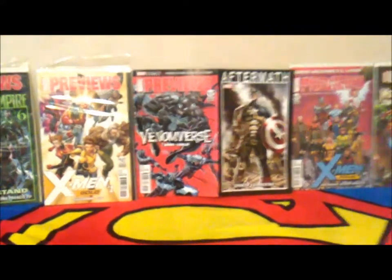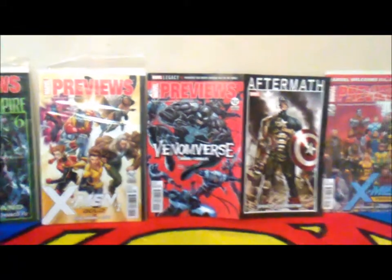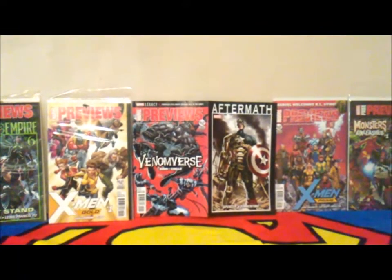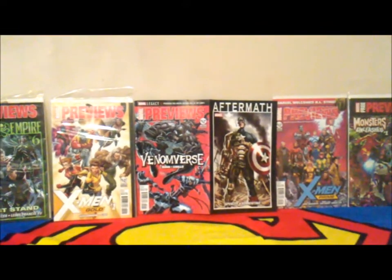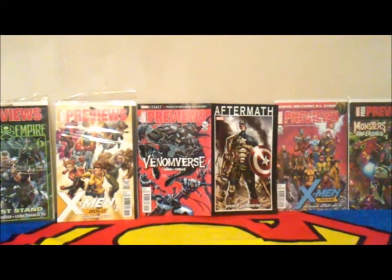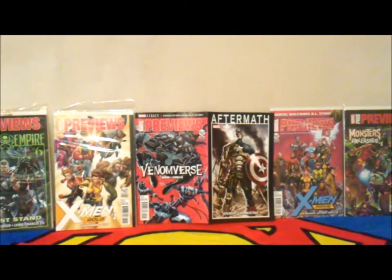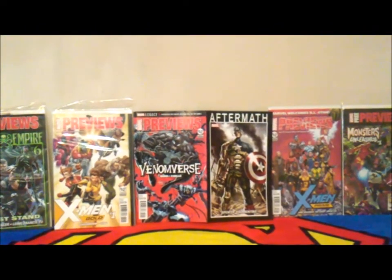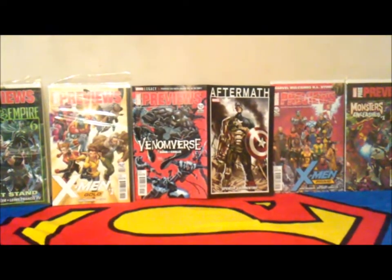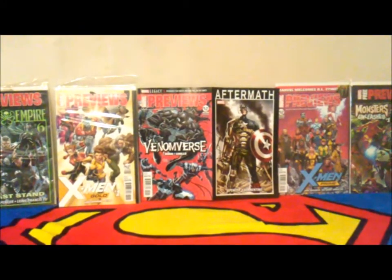So, before we get into the comic book haul, I just wanted to show you some of my preview books. I love picking these up, man. Definitely love these. I suggest these for you guys. I've been collecting these probably since like 2004. And I have a long box full of these. I actually don't have my collection in long boxes. I actually have them in trunks, old school. It's hard to explain, but if you guys are old heads, you know what trunks are. I actually have them in one of those. So without further ado,